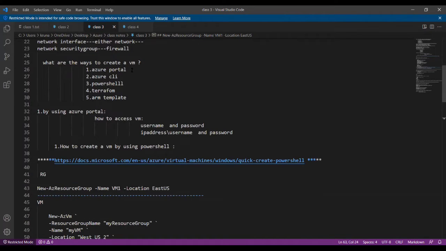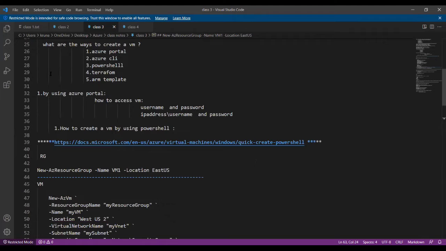First one is the Azure portal. Today we made a virtual machine with the help of the Azure portal. Even I told you how to make a virtual machine with the help of PowerShell, because first we made a virtual machine, and then I navigated you to virtual machines and showed you this is my VM. We gave a script in that PowerShell, and see, this VM is created there. Okay, and you can make one with the help of Azure CLI, even Terraform, and this Azure ARM template also. And this we will discuss in our next lecture.